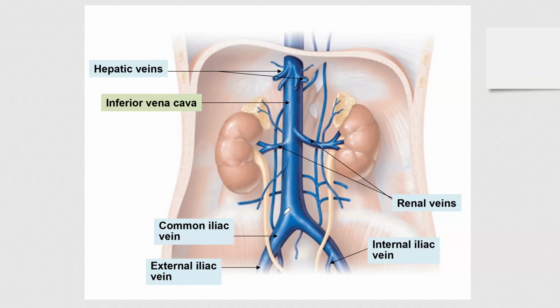So over here we have renal veins, we have common iliac, external iliac, internal iliac veins. But you can see on this picture, okay, we have hepatic veins, so it means blood returns from the liver, right? We have renal veins, blood returns from the kidneys. We have common iliac vein, blood returns from your lower extremities. Internal iliac blood returns from your pelvic organs, but you also have stomach, you have spleen, you have small and